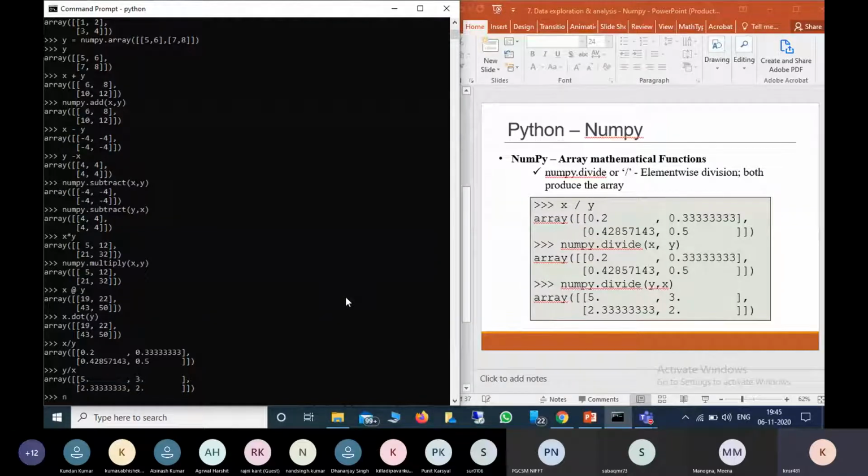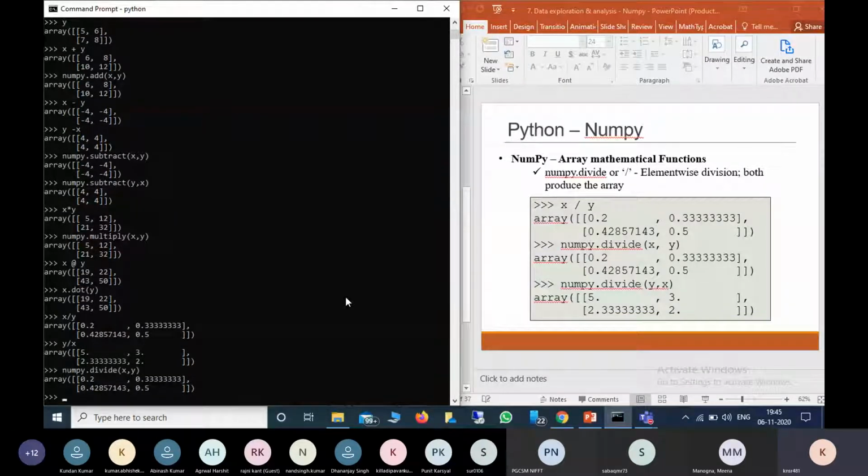We can also use the function numpy dot divide x comma y. This will give x divided by y. If you want y divided by x, you have to use numpy dot divide y comma x, which is similar to x comma y in subtraction.